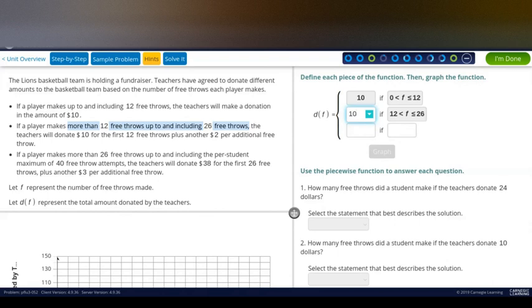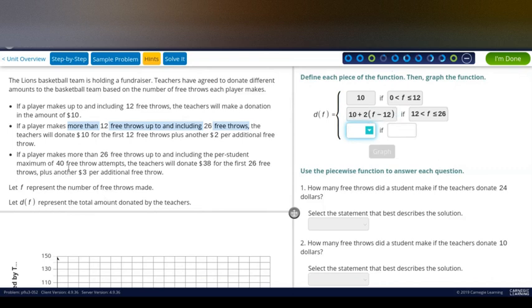That's how much they've donated so far, plus $2 for every free throw, not including the first 12. I can read. My apologies. There we go. So the first 12 did not count, but everyone after that is $2 in addition to the